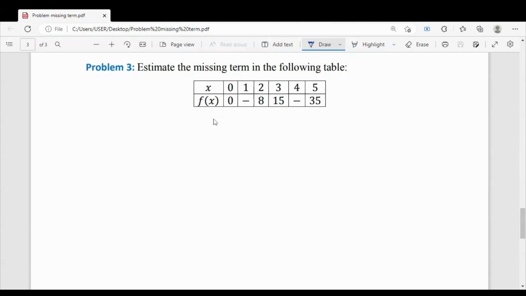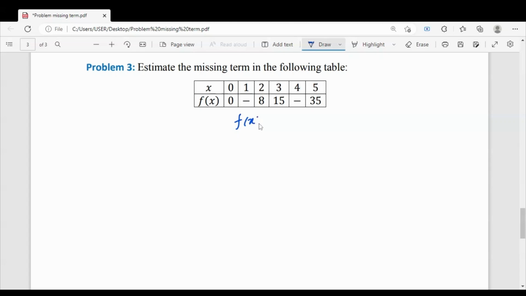Now here the total number of arguments is 6, but corresponding to 4 arguments the values of f(x) are given. So you have to find the value of f(x) at x equal to 1. Also you have to find the value of f(x) at x equal to 4. Since corresponding to 4 arguments the value of f(x) is given, so as previous one we can consider a polynomial f(x)